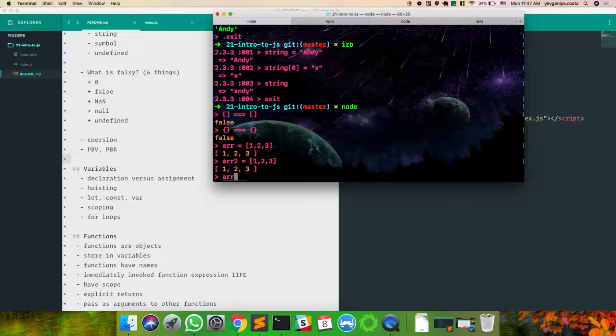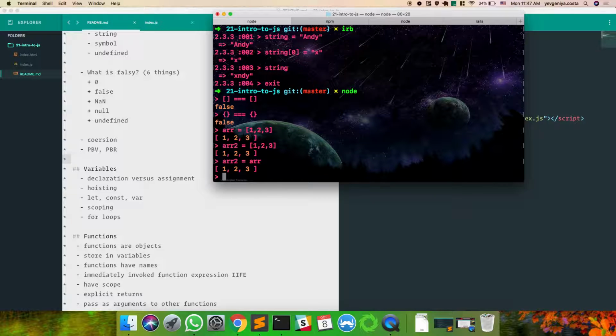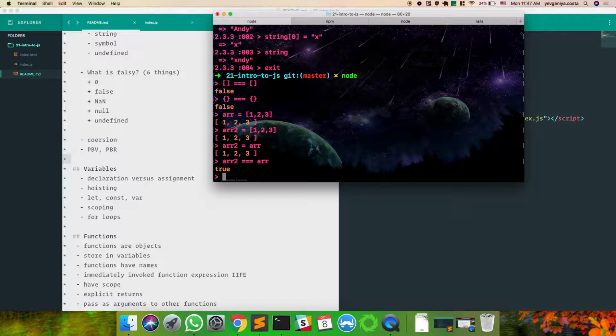If you were to do array 3 and set it equal to array, now you're actually telling JavaScript that these two point to the same reference. So now, if you check if array 2 is equal to array, what is it going to be? It's going to be true.